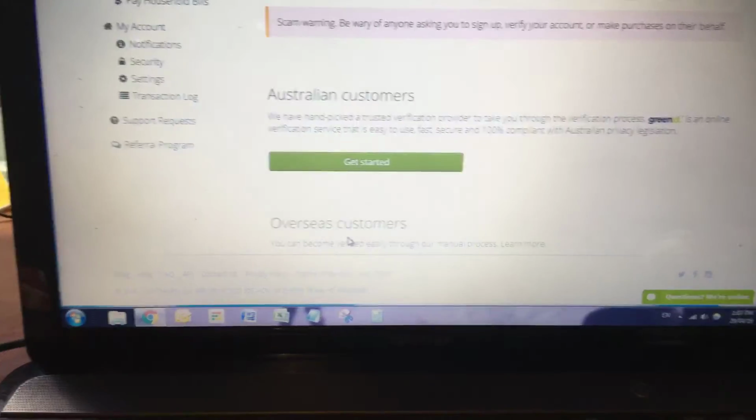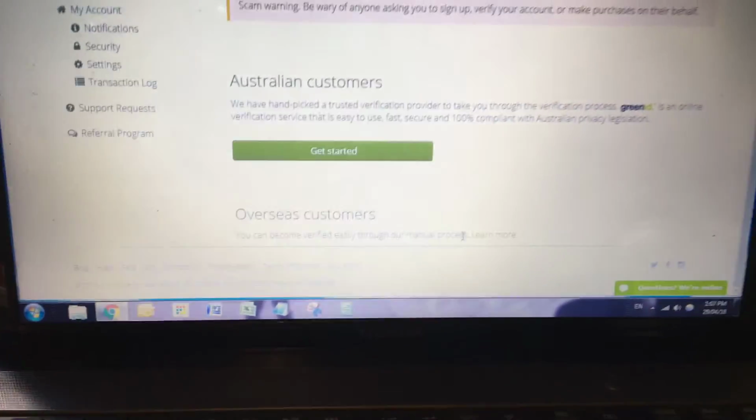So you can see here, for those that are overseas, you can see become verified easily through a manual process. So overseas customers can use this way as well. And this is pretty much it. So then once